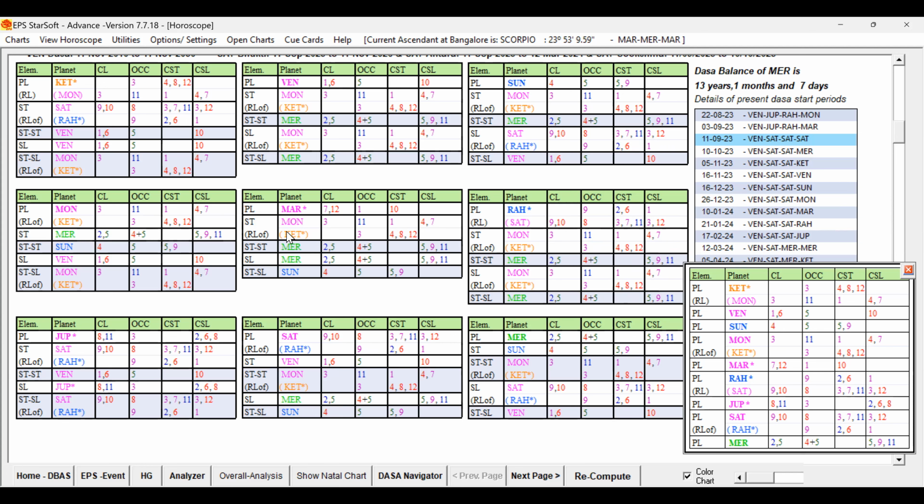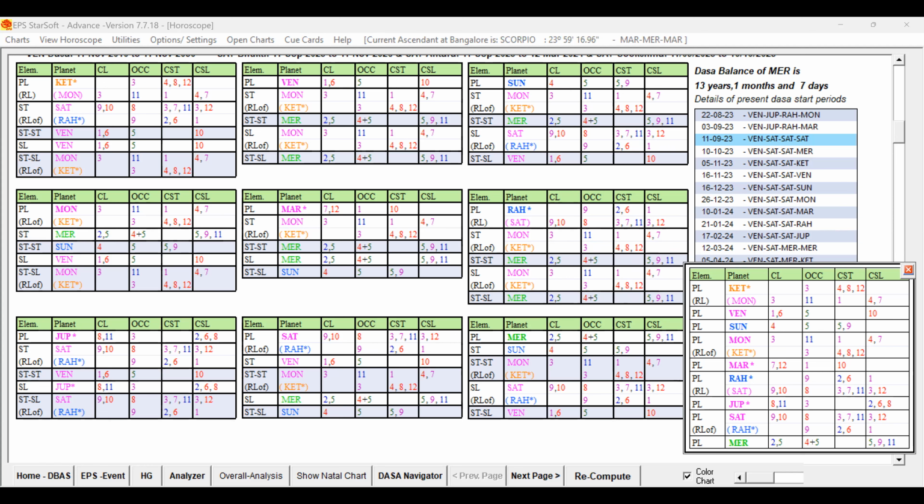So in Moon Bukti, Rahu Antra, the marriage happened, because Moon is a good key planet, and Rahu is in the star of Moon, so the same grouping is coming. So Venus, Moon, Rahu favored the marriage. So the marriage happened. Now once the marriage has happened, then we have to see the